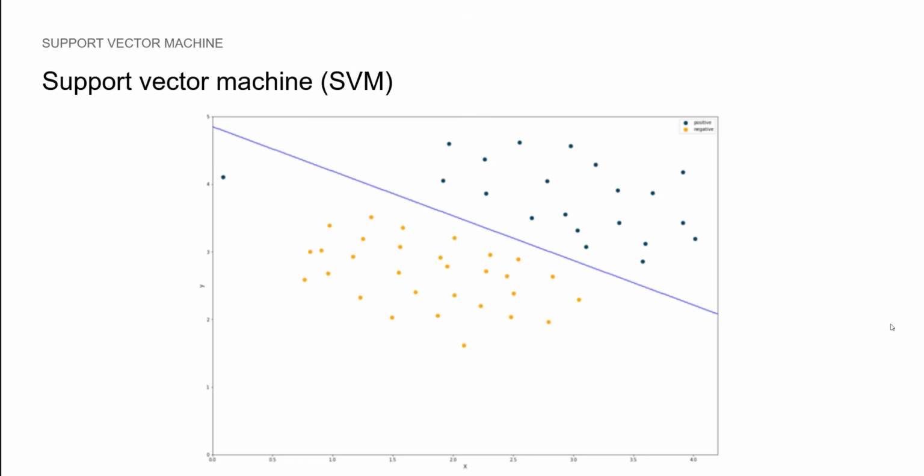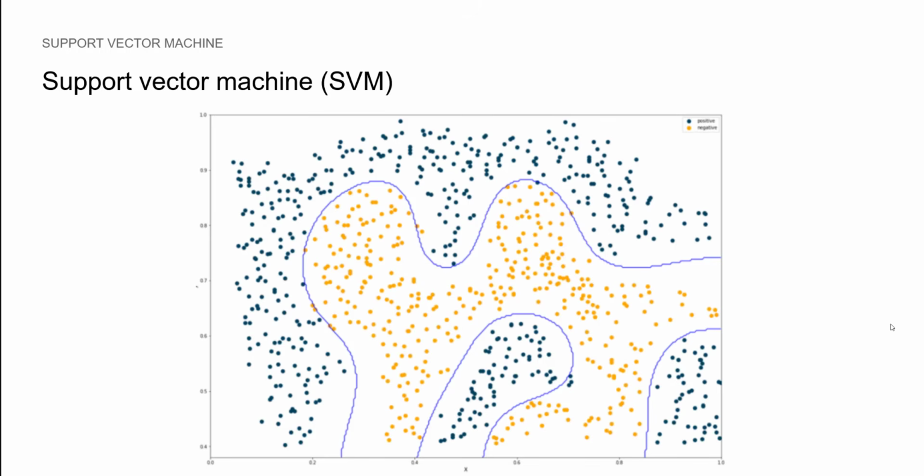Here is an example that we will implement later on during the coding portion of this section. Here the classes can be linearly separated, so it's easy enough. However, notice the outlier on the left, and we can use regularization to account for it or not, and we will see how that impacts the model.